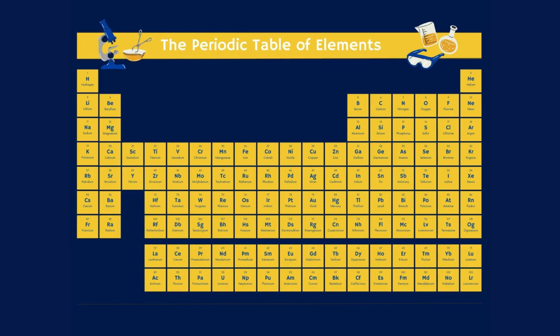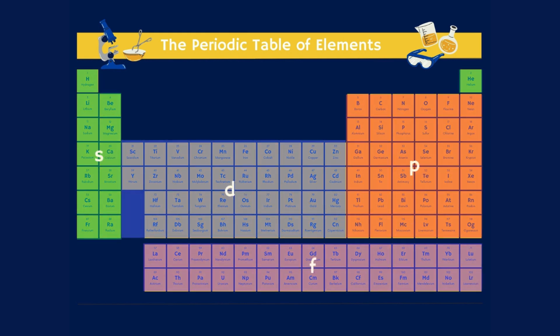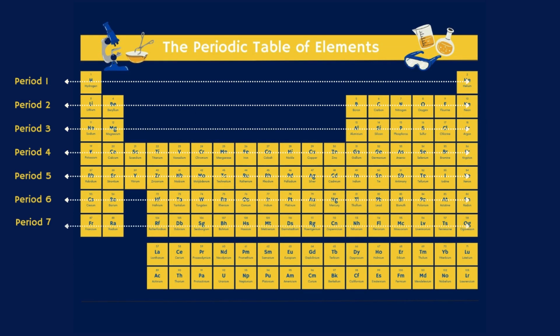First things first, the periodic table will be essential for figuring out the electron configuration of an element. By looking at the periodic table, we can see the division of the s orbitals, p orbitals, d orbitals, and f orbitals. The order of the orbitals is important. We can also notice that the numbering of the electron configuration is based on the periods, also known as rows,